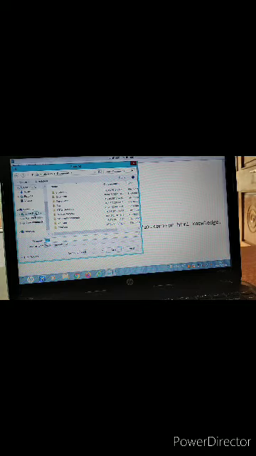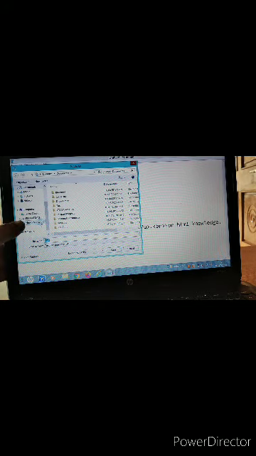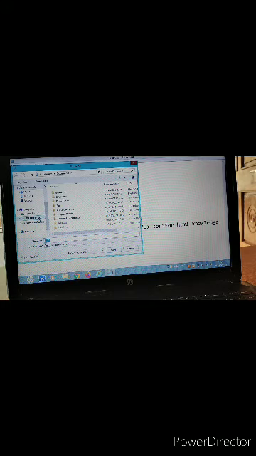Don't save your file on the C drive, because the operating system programs are already stored inside the C drive. So try the D drive or F drive for saving your file. Don't save your file or delete any file from the C drive.